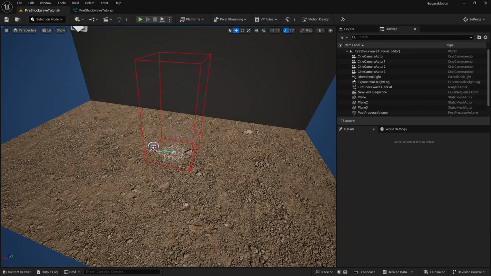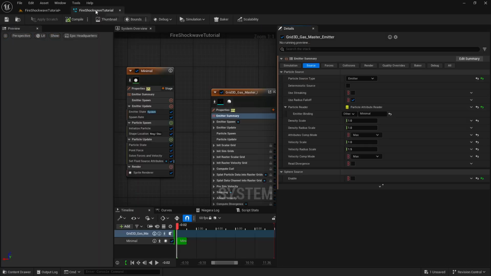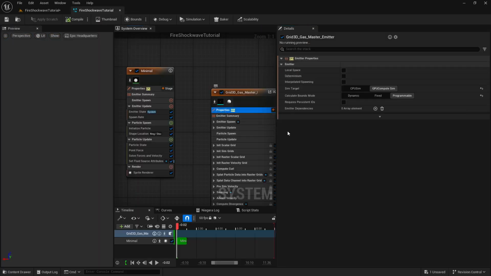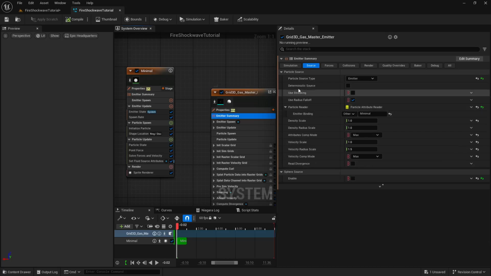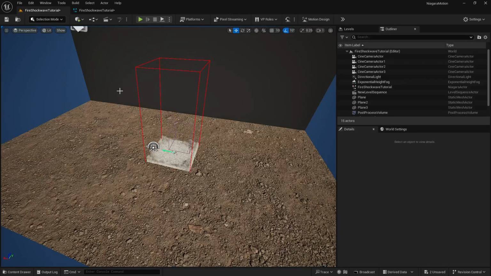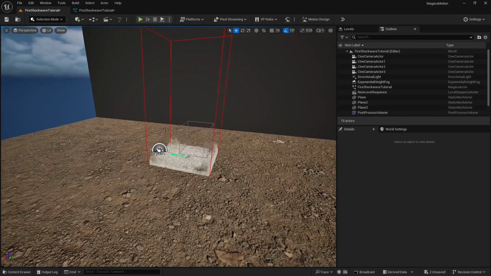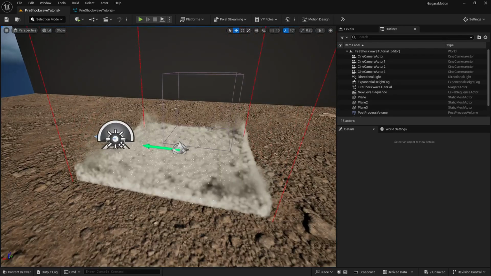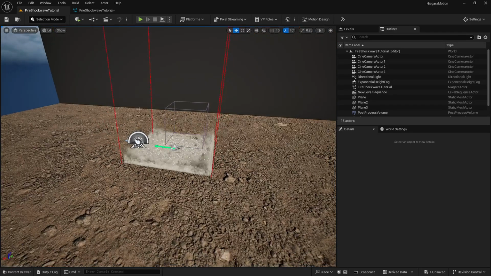And if I go here, you can see there is basically no smoke here. Why is it so? Because you need to make sure that it is somewhat upwards from the ground as well. So just go to simulation again and make sure that this is somewhat above the ground, like 0.45. And as soon as I do it, now you can see there is a lot of smoke here. You can see the result as well.